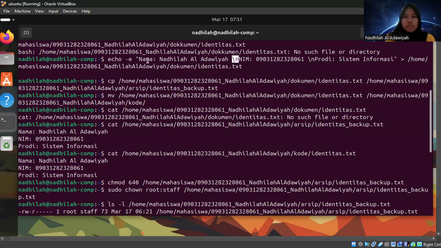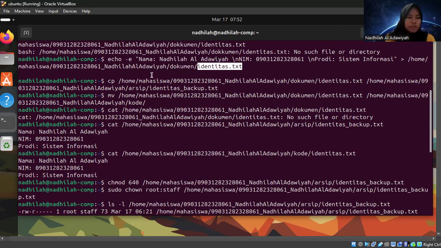And then we can just enter the contents, which are name, student ID, and study program. And then we can set the directory we want to put the file in, which is the subdirectory document, with file name identity.txt.